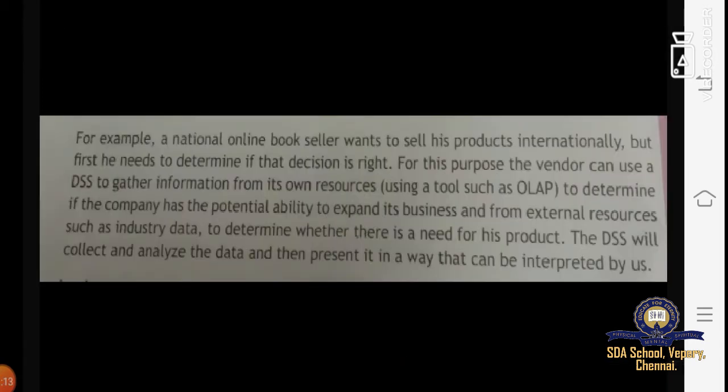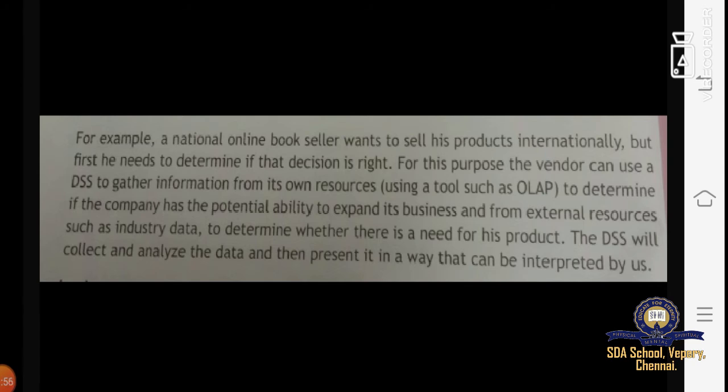For example, a national online book seller wants to sell his product internationally, but first he needs to determine if that decision is right. For this purpose, the vendor can use a DSS to gather information from his own resources, using a tool such as OLAP, to determine if the company has the potential ability to expand its business, and from external resources such as industry data to determine whether there is a need for his product.